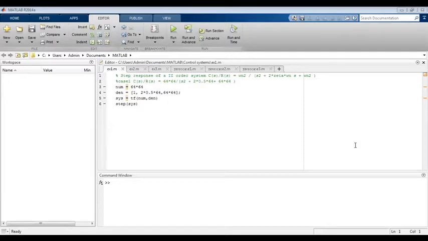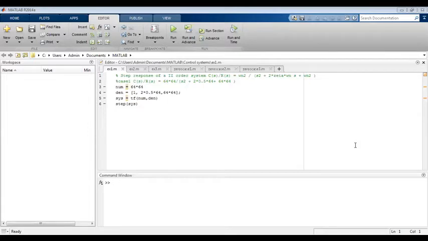How to simulate using MATLAB, I will explain. If you open the lab manual first, it is specified that a second order system is nothing but your simple RLC circuit. If you write the transfer function, which is the ratio of the Laplace transform of the output to the Laplace transform of the input, it will be a second order system. So how do we simulate this second order system?